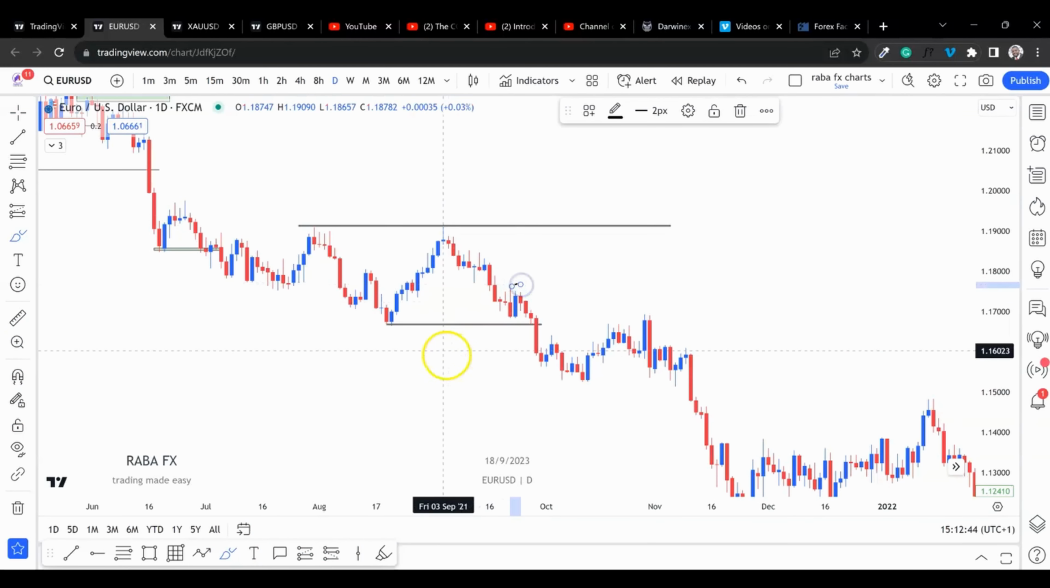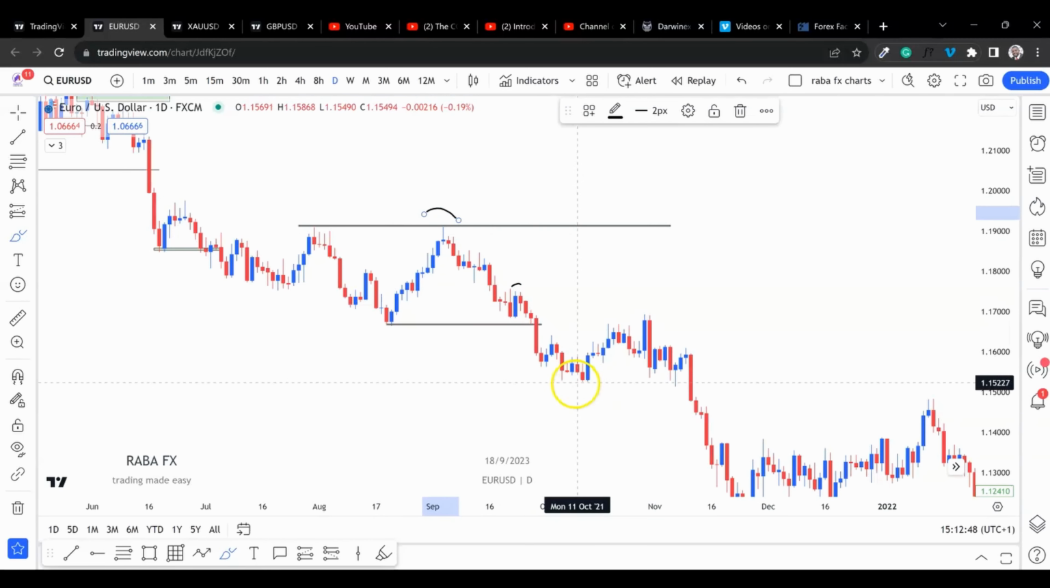Some people will mark here as higher. No, this is the high you are looking at. This is the structural high. That is the high that started the move that broke this low. So this is where you put it. So whatever happens here